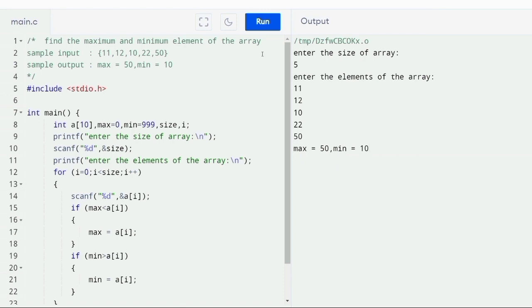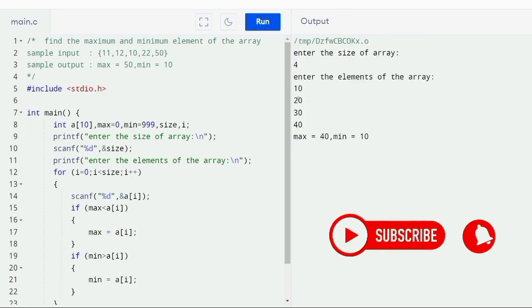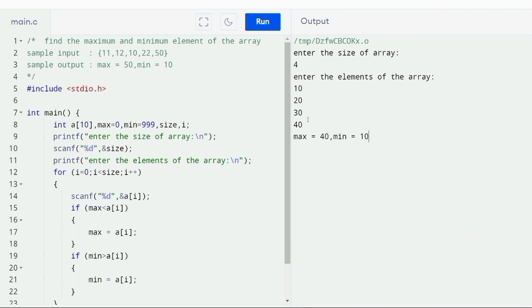If I run the program again and give some other elements, you can check here that among these 4 elements, 10, 20, 30 and 40, the maximum element is 40 and the minimum